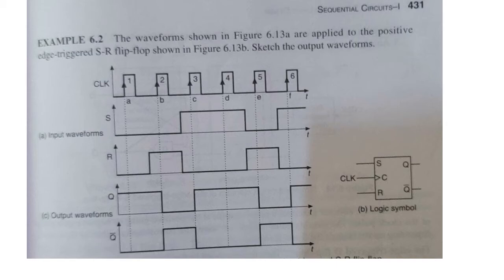At clock pulse 5, again if we check the input waveform for S and R, the S value is 0 and R value is 1. That is, you have to reset the flip-flop. So for resetting the flip-flop, I have to change the state from high to low. Thus we obtain the waveform for Q. Q bar will be the complement of the waveform Q.